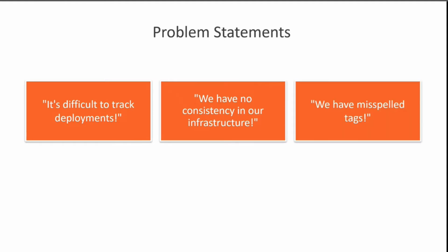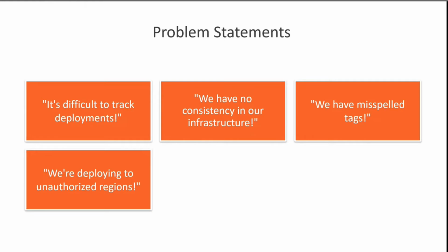Again, consistency. We have misspelled tags, right? Taxonomic tags issue. We have folks doing deployments and maintaining these deployments who maybe are typing too quickly or conveniently forget to add taxonomic tags to resources. You might be thinking, wait a minute, Azure policy can fix a lot of that. And that's absolutely the case. In fact, you're going to see in a moment that Azure policy is one of the building blocks